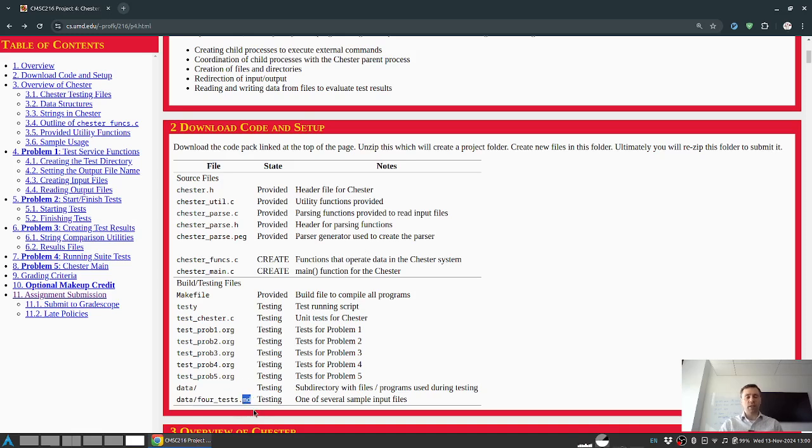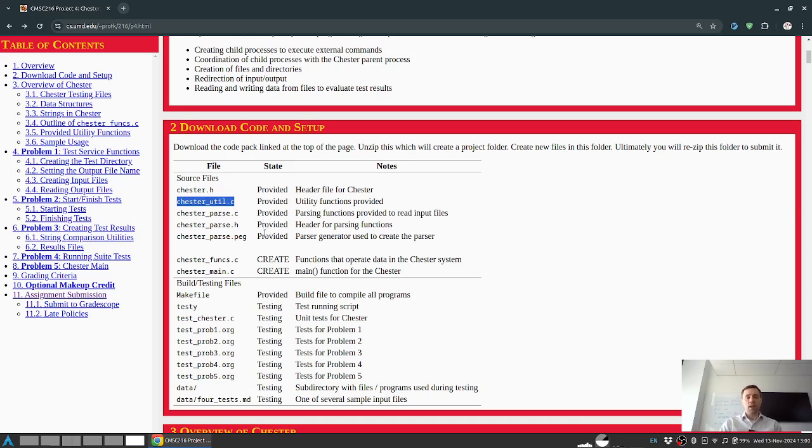This is an example of it. And parsing those input files is a bit of a pain. And so the staff have provided a solution for this. It's in the chesterparse.c file. It's a really gnarly bit of code, and that's on account of it's automatically generated from another bit. You don't really need to know about that. Just have a look in the Chester util file instead and find, oh, there's a handy initialize testing suite function